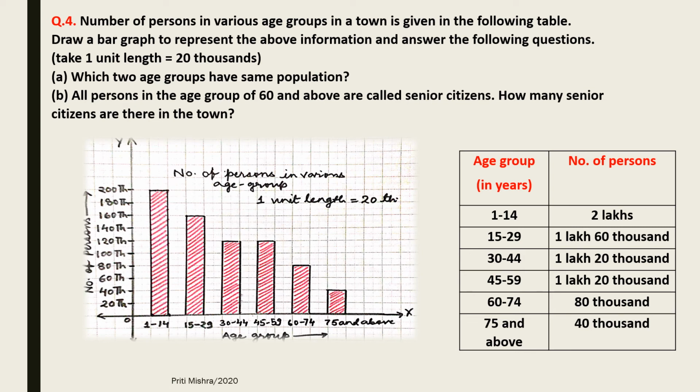Now which two age groups have the same population? You can look at the table and you will have an idea that 30 to 44 and 45 to 59 are the two age groups that have the same population. Now question number B. All persons in the age group of 60 and above are called senior citizens. How many senior citizens are there in the town? Now look at 60 and above. It means these two age groups, 80,000 plus 40,000. It gives you